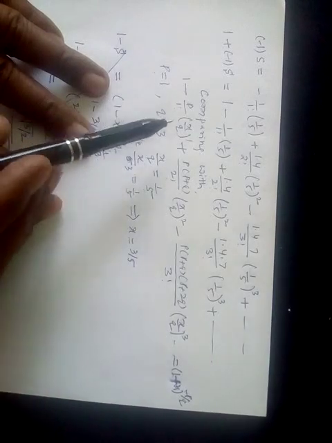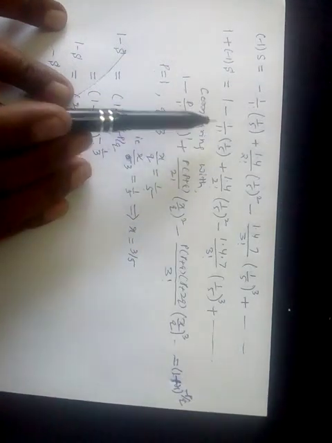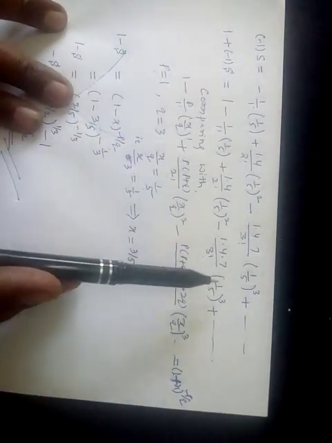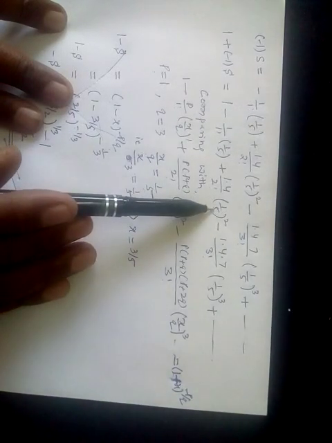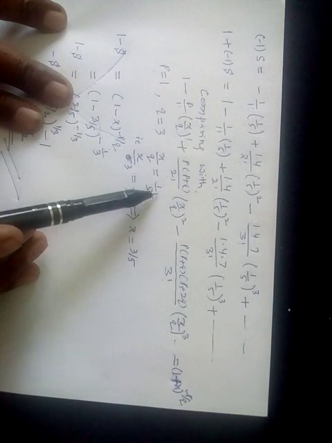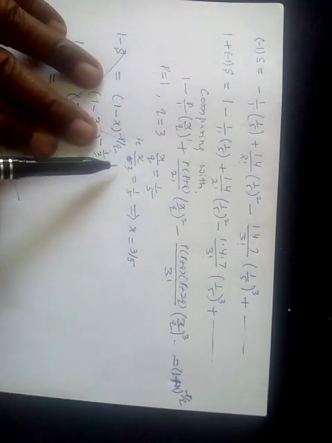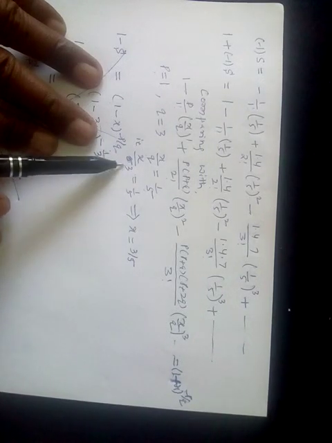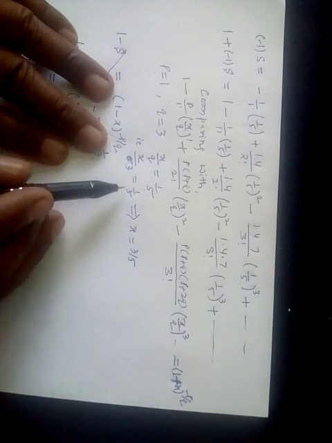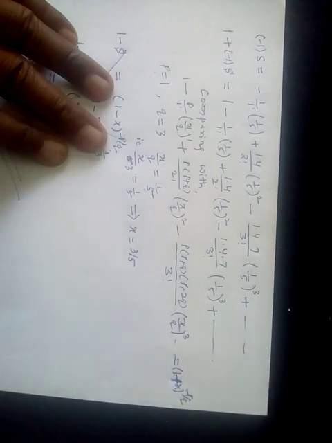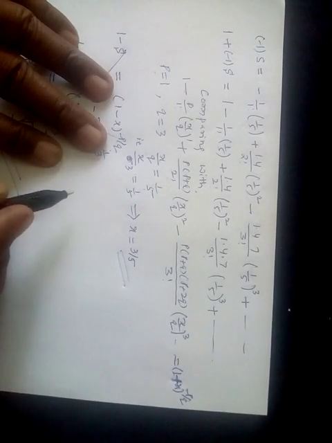Now compare the given series with this one. The first factor is 1, so p value is 1. The common difference is 3, so q value is 3. The common ratio of the geometric factor is 1 by 5, so x by q is equal to 1 by 5, and here q value is 3. Taking q value 3 and solving for x, you will get x is equal to 3 by 5. I got the p value, q value and x value.